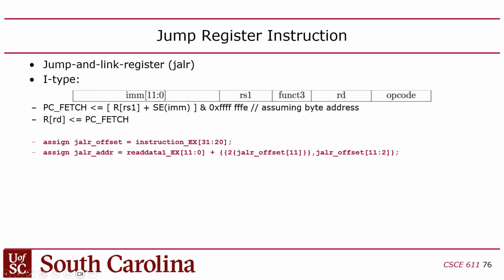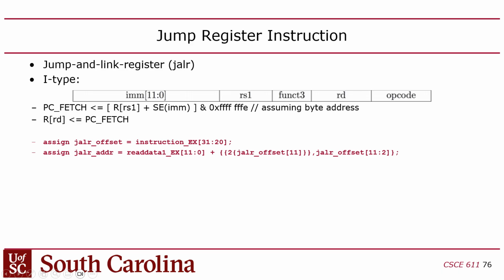So when you jump register, you have the target address in a register, but you still add a 12-bit offset, right? And then this AND thing is just there to zero out the last bit,